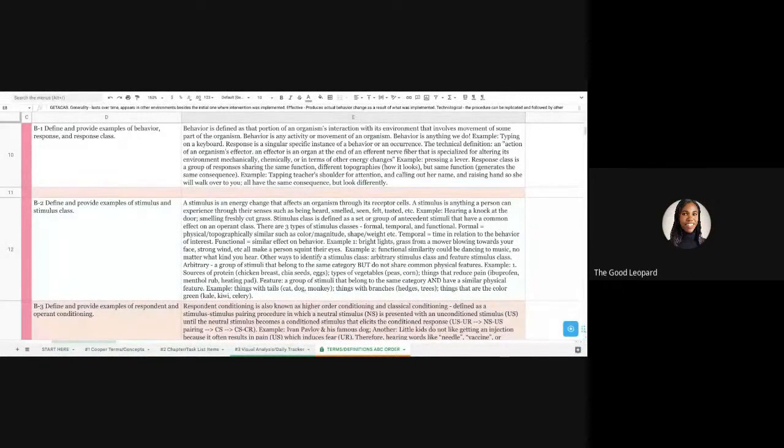how can I say this? There's like extensions of it. So arbitrary and what's the other one? I forgot. Anyways, I'm going to get to those, but I wanted to start simple. Arbitrary and feature, that's right. All right, so formal, temporal, and functional. Let's just start right there, because I just want to swallow this first.